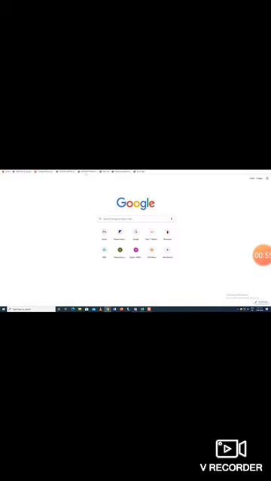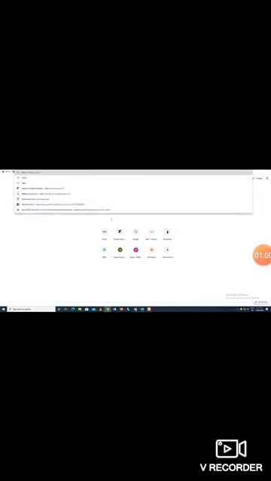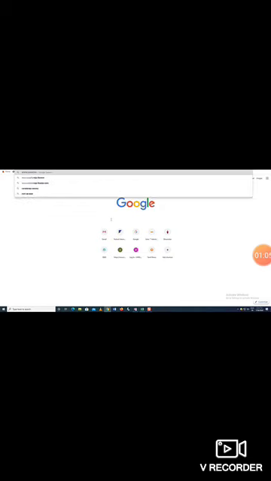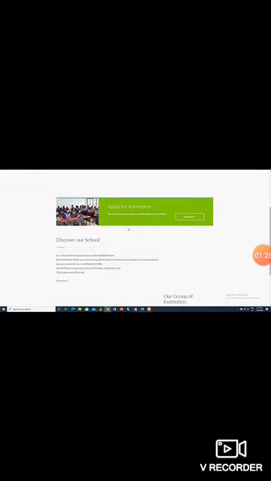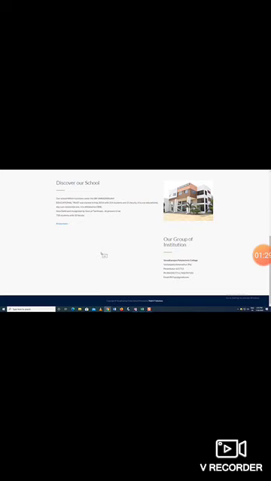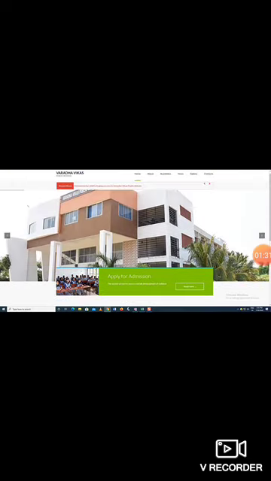Next, we are going to discuss the difference between static and dynamic websites. Static website means, as I already told you, some paragraphs and some instructions are given. That is called a static website. Dynamic website means we want to log in, using admin usernames and passwords. Our school website that I showed you is a static website. It has some information regarding our school.